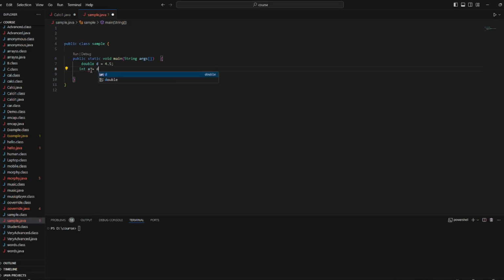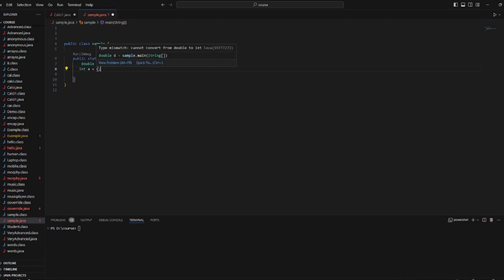If I assign double d to integer a, of course it shows me an error because d is of type double and a is of type int.